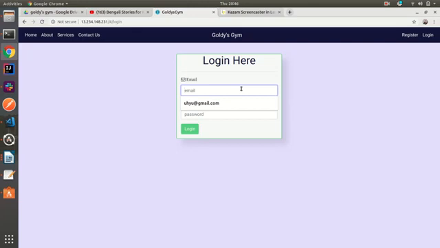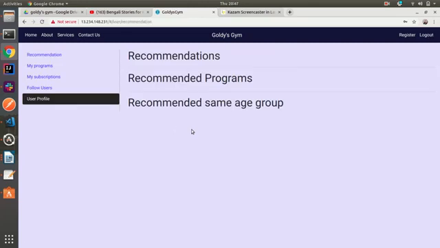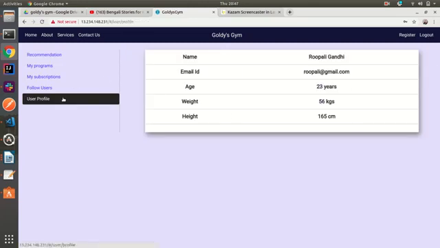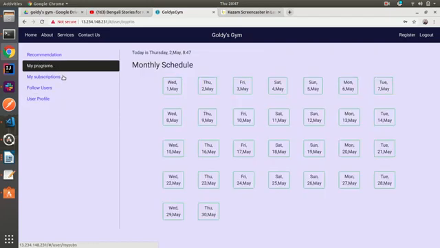Now we are logging in as a user. We are giving email and password. Yes, I am logged in. So here we can see the user profile: name, email ID, age, weight, height. Then we can see my programs,